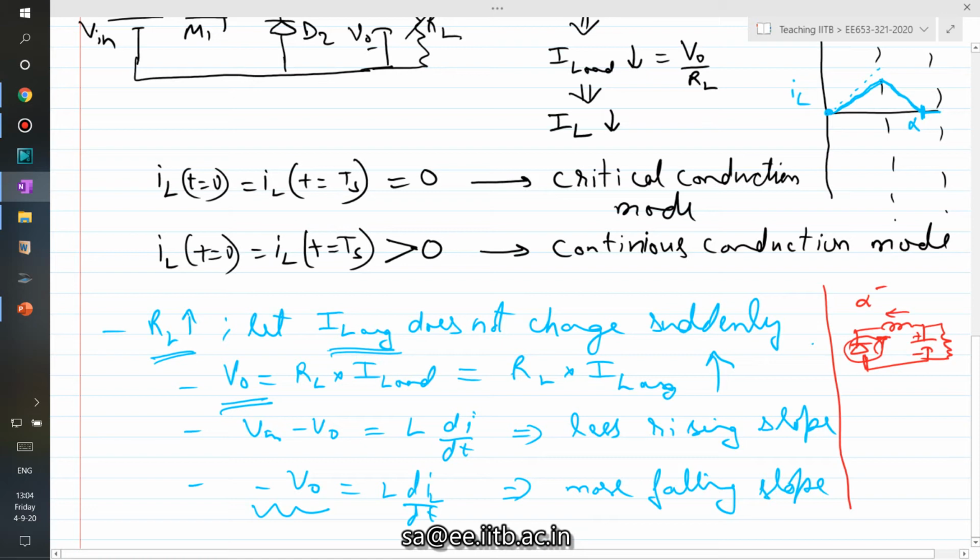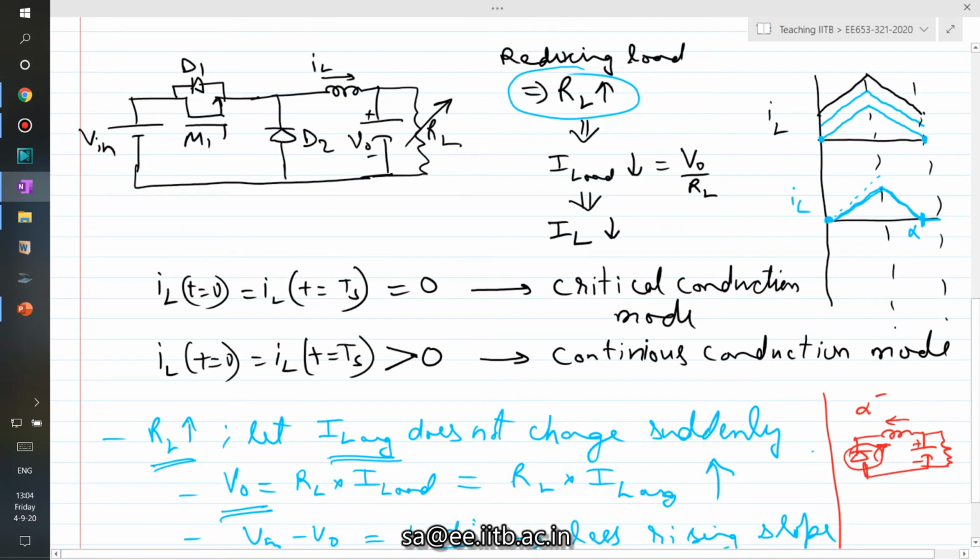Right? This is the scenario, what we call discontinuous conduction mode, right? This is what we call discontinuous. So now if you see, since this has happened, your average current has further come down. If you compare average current of critical conduction mode versus average current of discontinuous conduction mode, you see there is a reduction, which is what was supposed to happen eventually, right? So as a last step, average current also reduces.